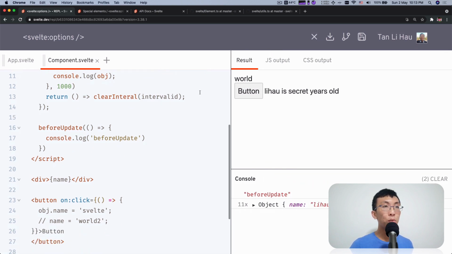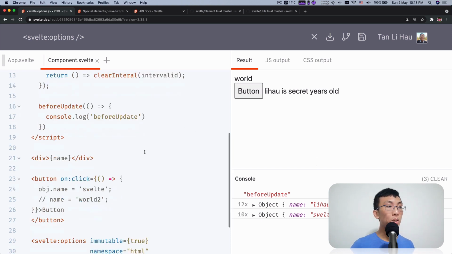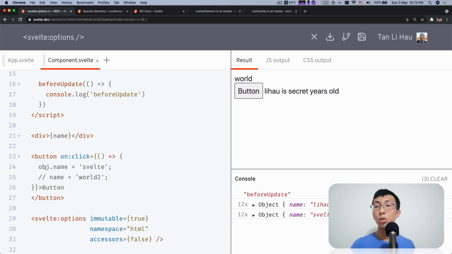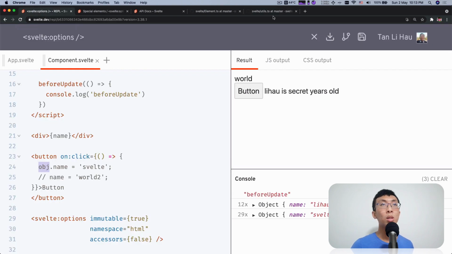So here again, when we click the button, nothing has changed, but you mutate the object, and now you see that the object name is Svelte. You mutate the object, right? But Svelte trusts you that you won't do mutation, meaning when you do this, it will still say, okay, something has changed, the object has changed here. Go and check. But now you're not using safe not equal. You're using